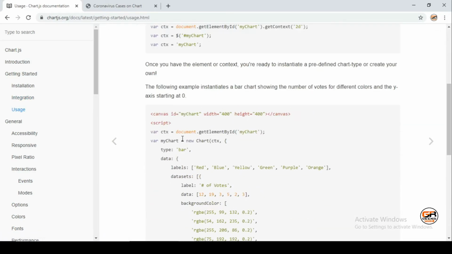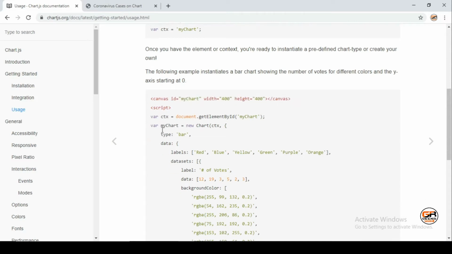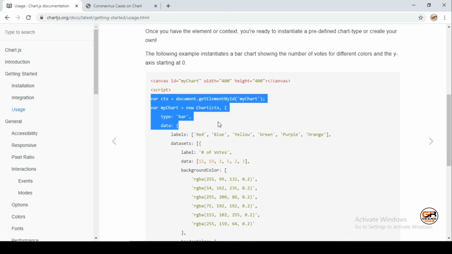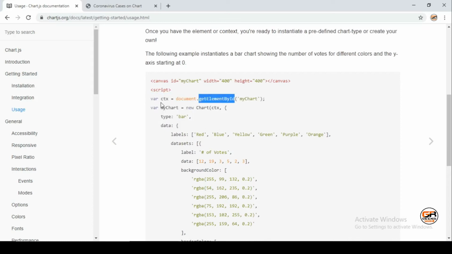Just see here an example. First of all, we will create a canvas tag and put a unique ID for that, and after that we will create a script for that. We just grab that element and pass it to the chart, and the second option will be an object, which will be the type, mainly the type of the chart.